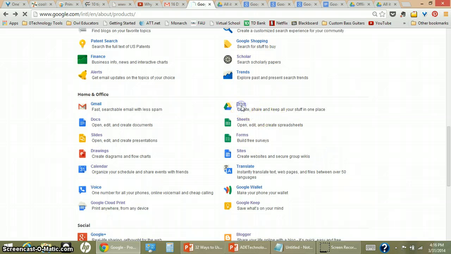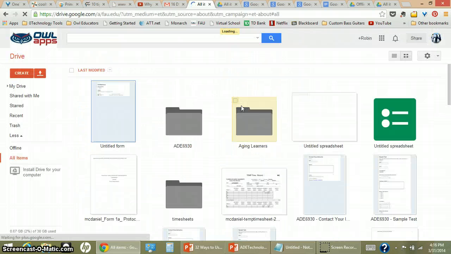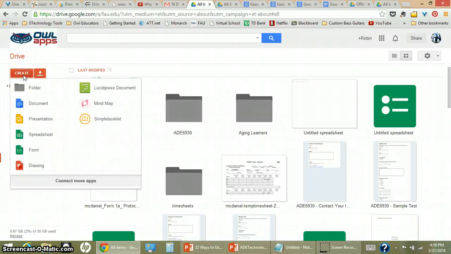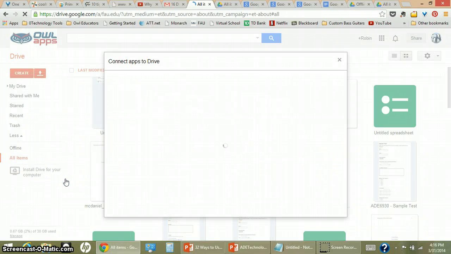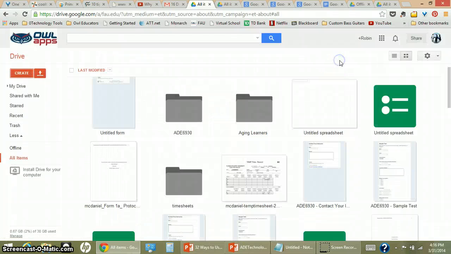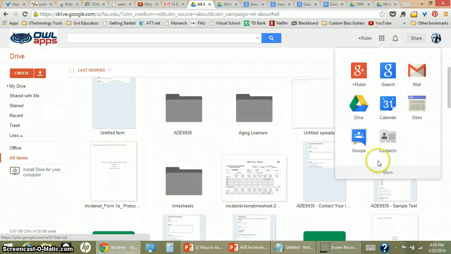So in Drive, let's go take a look at that really quickly. You can either look at this in list format or in grid format. And you can look at all of the things that are your apps that are in here, all of the things we were looking at before, and you can even connect to more apps. So you can search apps in here, anything you want, and it'll be added over into your drive. If you want to upload things from your computer, you can upload files and folders. Or if you want to install Drive to your computer, it will sync for you. So that's a really great tool. Going back over to apps,